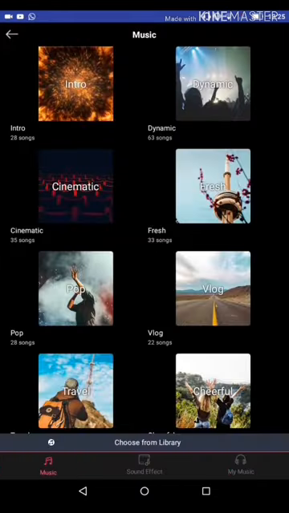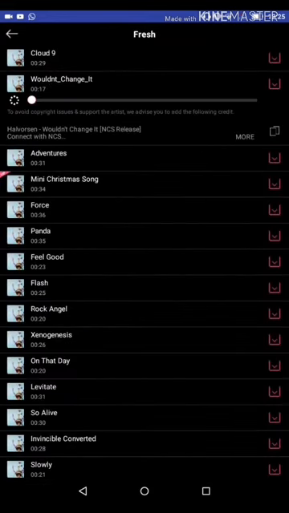I can see the context over here. If you want to add